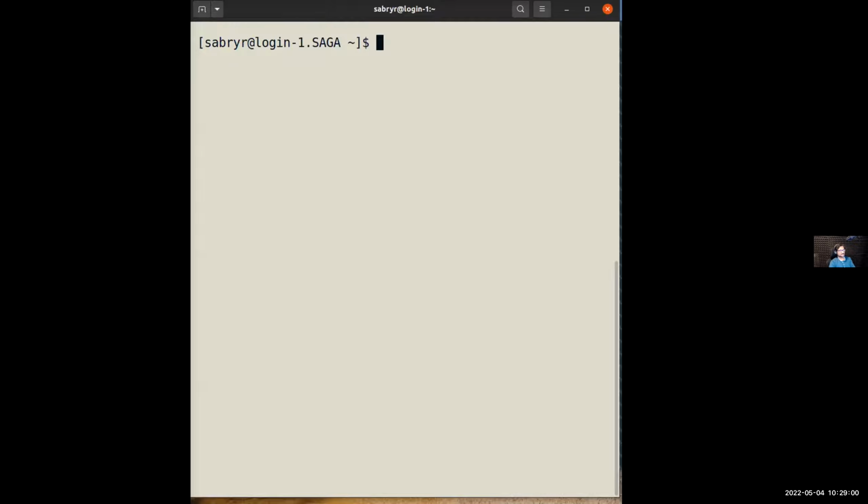Shall we make a folder for this? That will be easier. I will make a folder 04052022. So we learned this command yesterday, mkdir. This will create a folder named 04052022 without any spaces in my home directory.